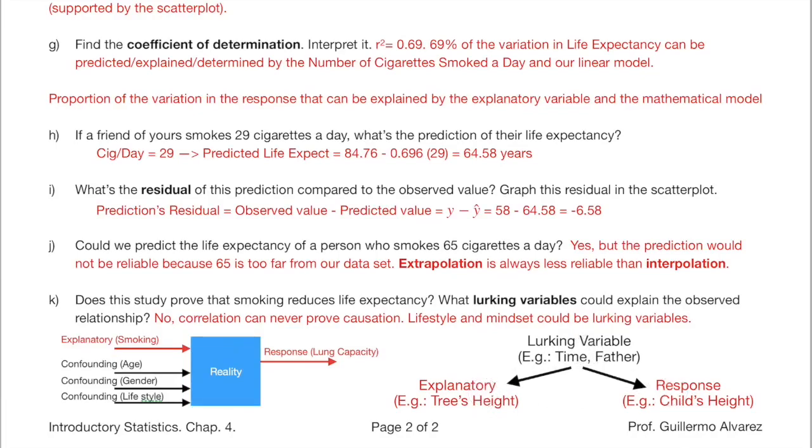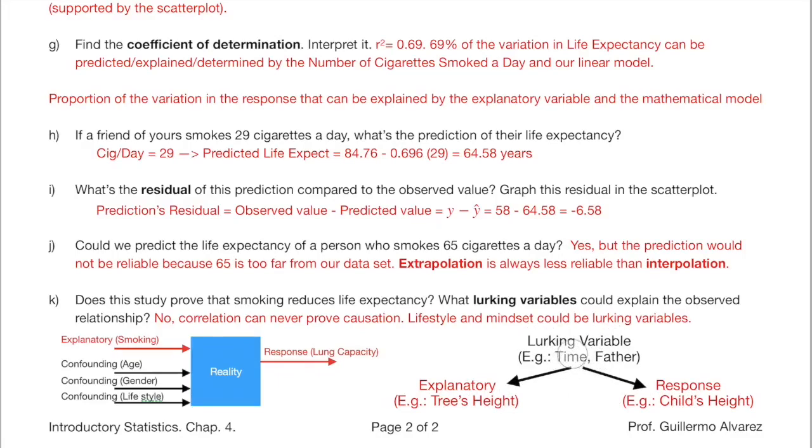A nice example that a colleague of mine uses is when his boy was born, he planted a tree in their backyard. During the first 8 years, the correlation between the height of the tree and the height of the boy was almost perfectly linear, with a correlation coefficient of almost 1. But neither the tree was responsible for the child, nor the child was responsible for the tree. So what variables could explain the strong correlation?